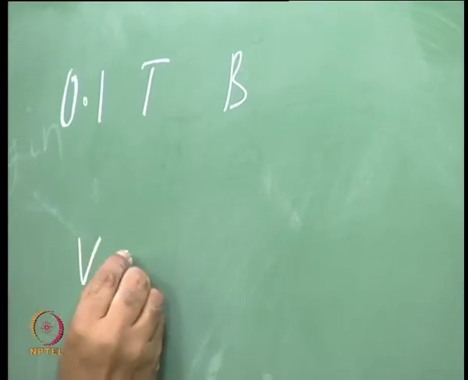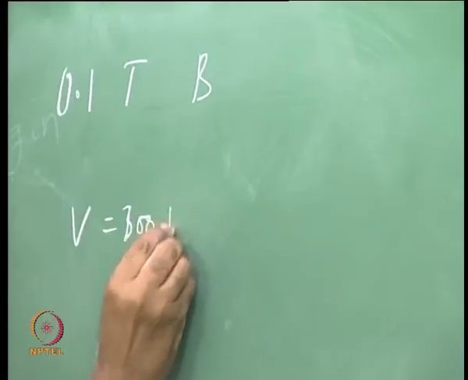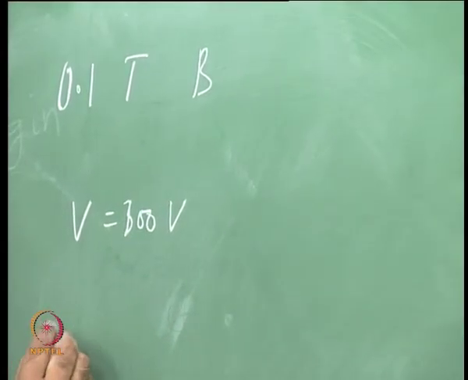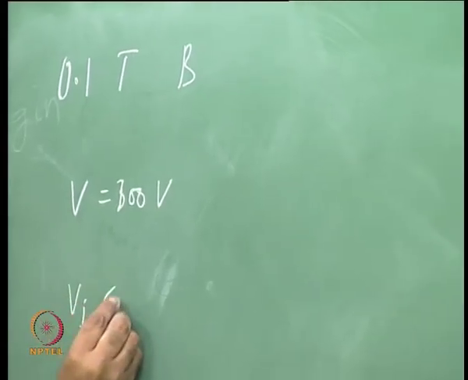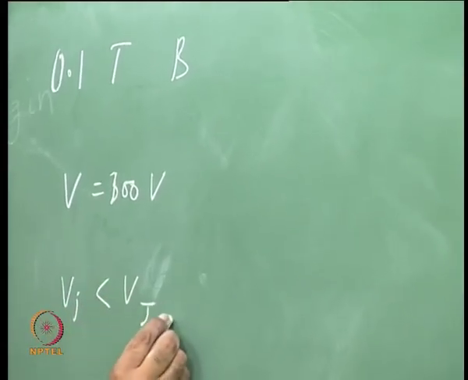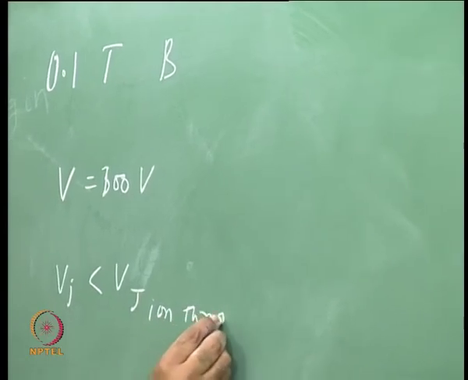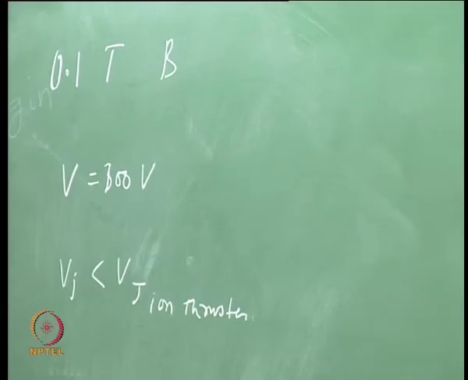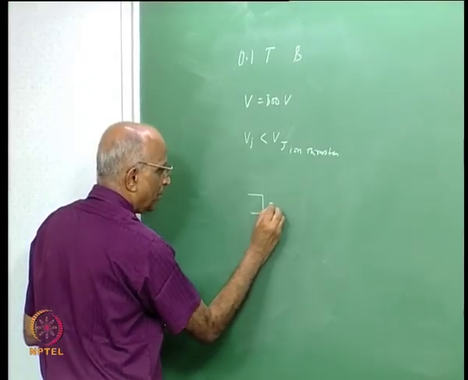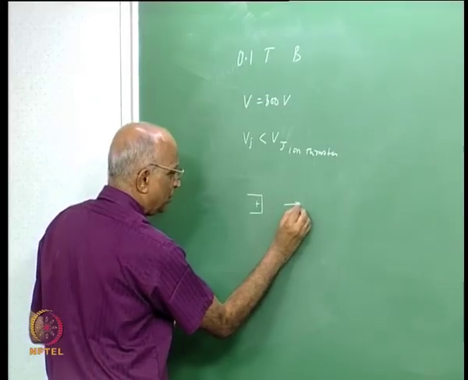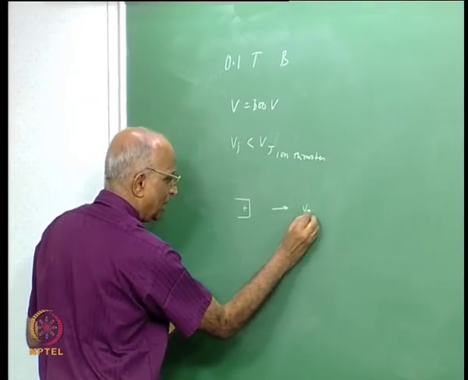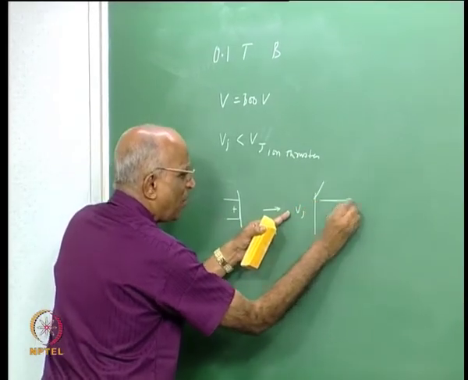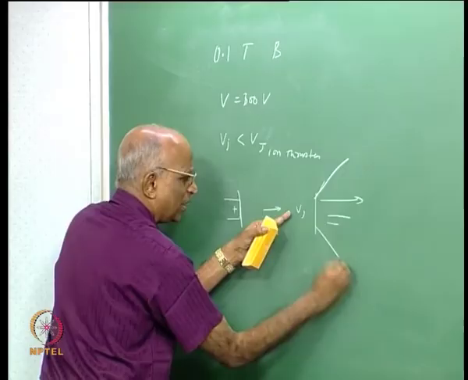As I said, voltage is around 300 volts, and you can generate slightly higher thrust compared to the ion rocket, but as we said, the Vj is less than what you get in the ion rocket, right, ion thruster. But there is one problem which we can immediately foresee. You have the anode, you are positive, it is pushing out the charges with some velocity, and therefore the velocity being lower, it does not really go as a free stream, it tends to diverge a little bit,